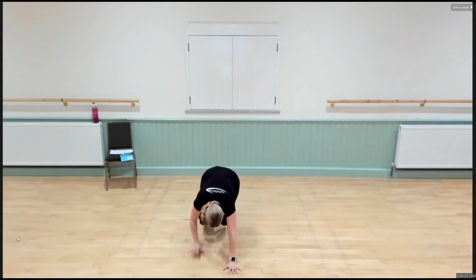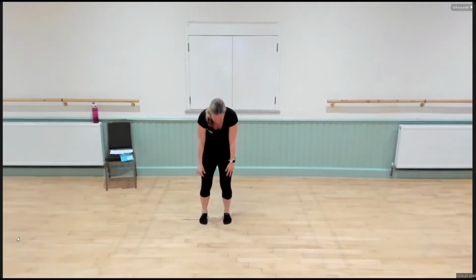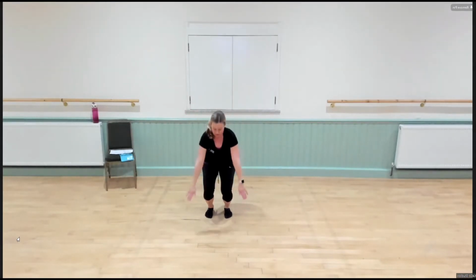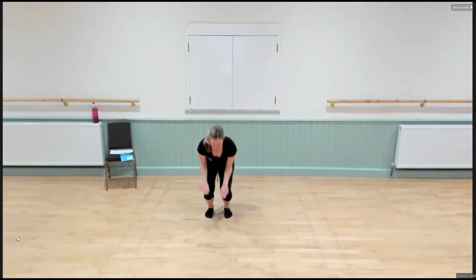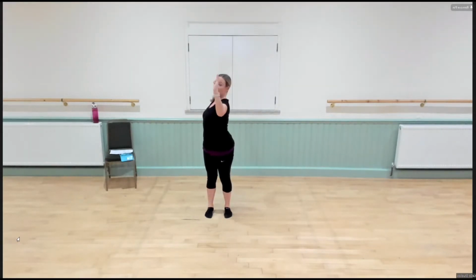Bend your knees, walk back in, and slowly rolling up. In 3, in 2, and we're starting again on the left. Well done, roll, roll. Scoop it up, peer through, and change your mind, coming down, bend to the left, twist,